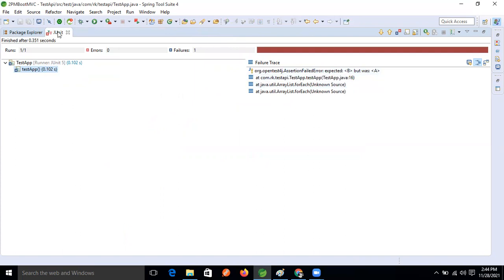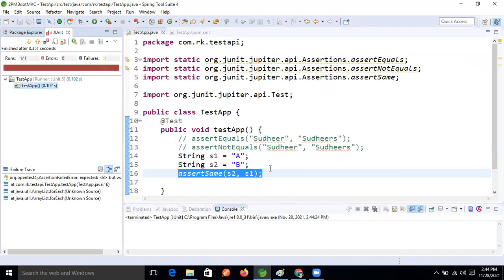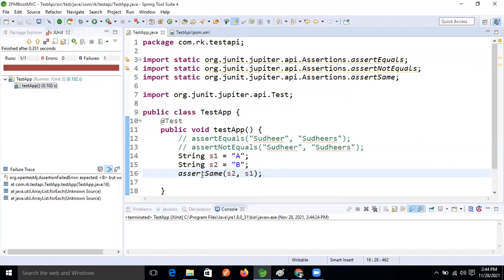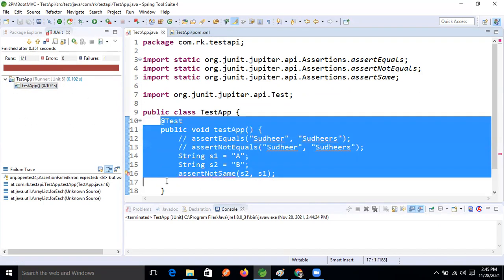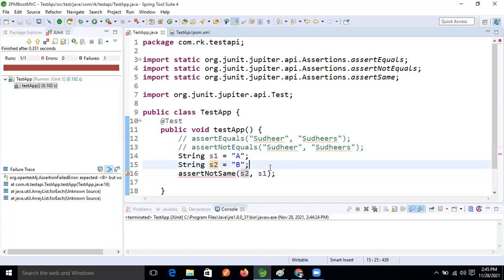Okay, so now I want this API, this one also, to succeed with this method. Then what is the method now, guys? Assert not same, right? Both are different, no issue. But still I want a success test method. Then we will use assert not same. Hey, why is it not taking it? One minute.